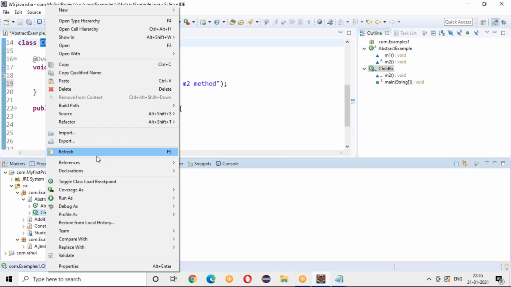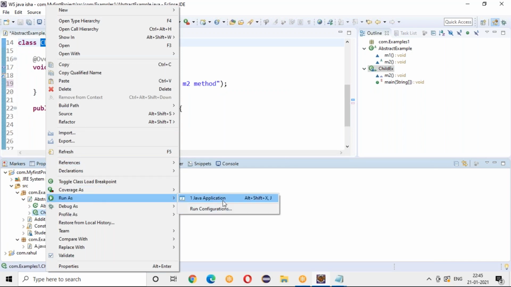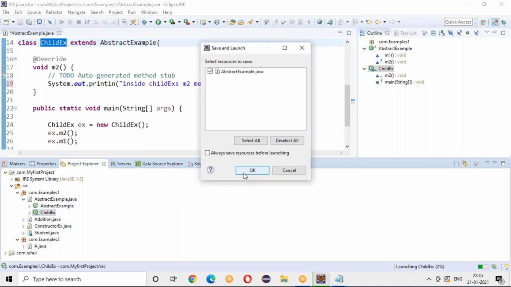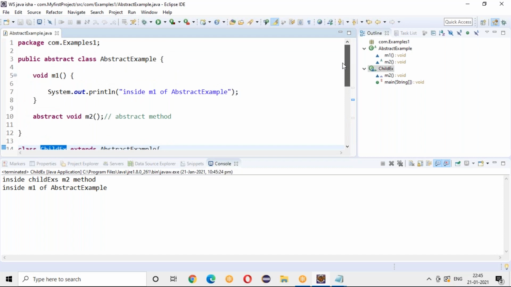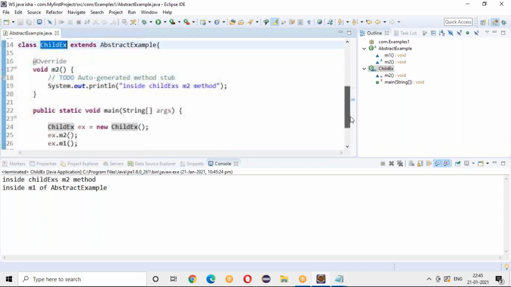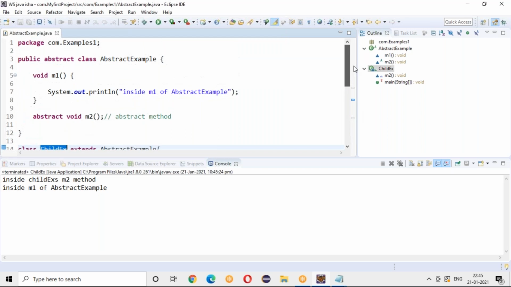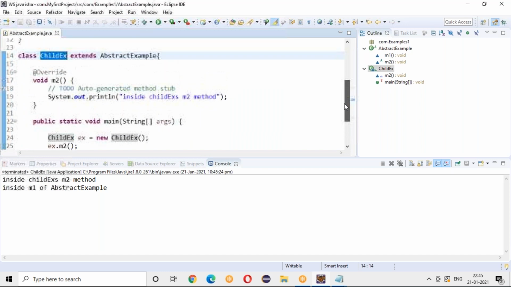So you see, inside child exe m2 method, inside m1 of abstract. Your parent m1 method also executed, and your child one also. If you try to override this, which one will execute? Obviously your child will be executed, not your parent.